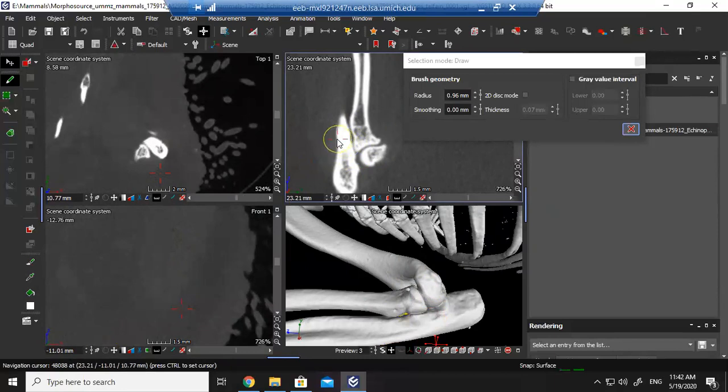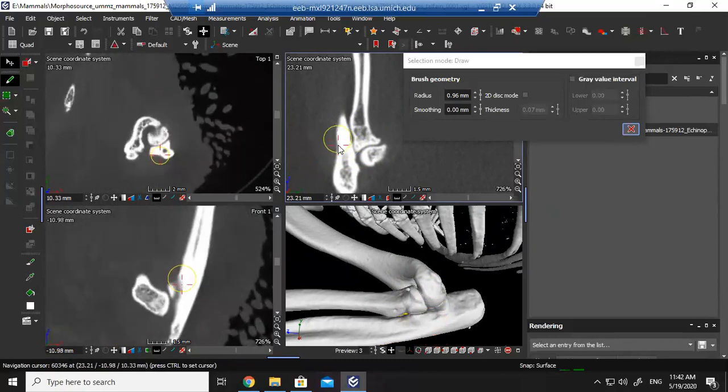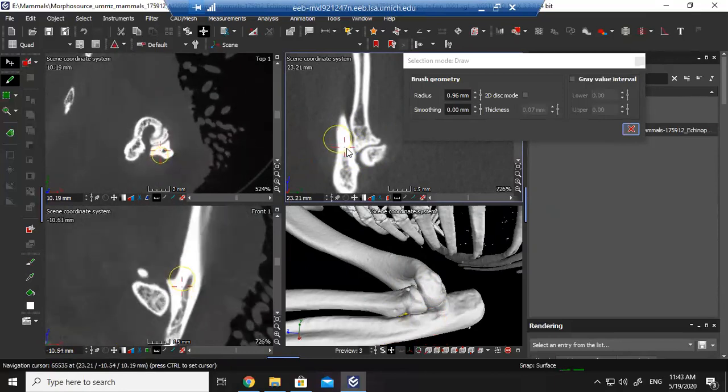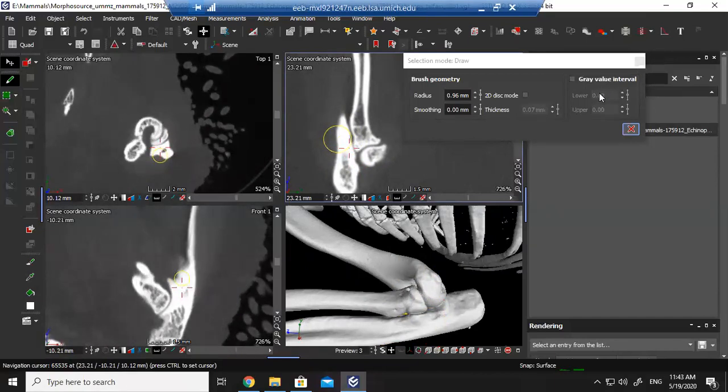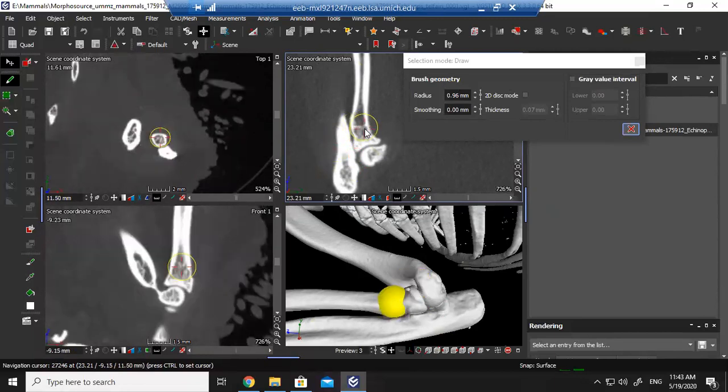What we're going to want to do instead is figure out what the range of gray values is for the bone in this case and enter that in the gray value interval. So in this case, I'm going to click some of the lighter areas of the bone here. As you can see, control click, and you can see now in this lighter gray portion of the bone, I've got a gray value of